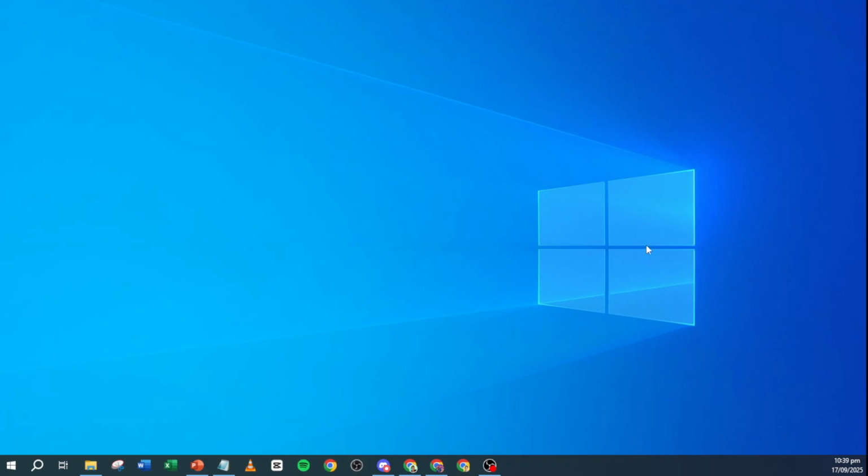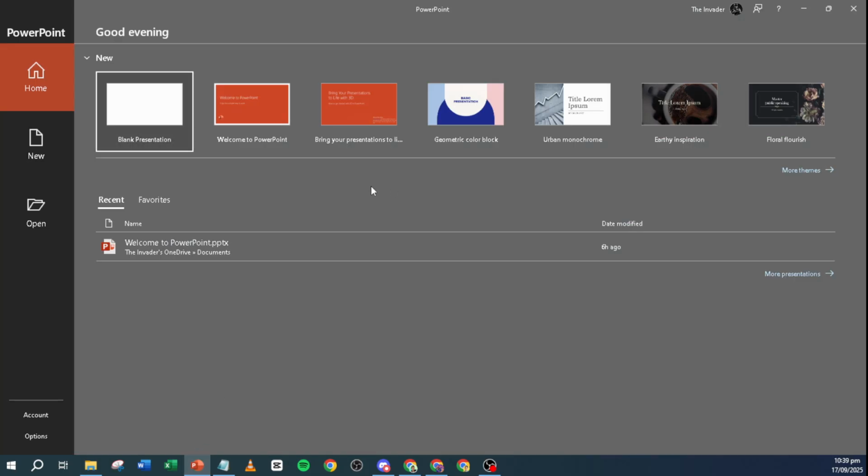Let's jump in. First, we need to open PowerPoint, so fire up your application. If you haven't already installed it, make sure you download it from the official website or have it accessible through your Office 365 subscription. Once you've got PowerPoint open and ready, you're going to pick the presentation you'd like to work with. This could be an existing file or perhaps a new one that you're currently designing.